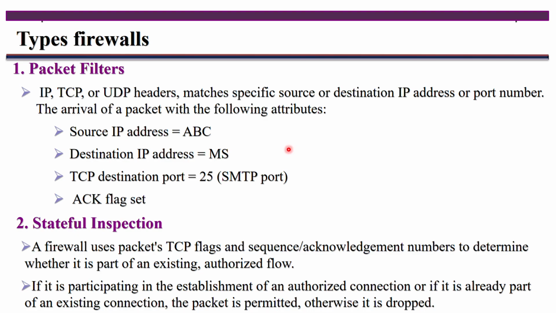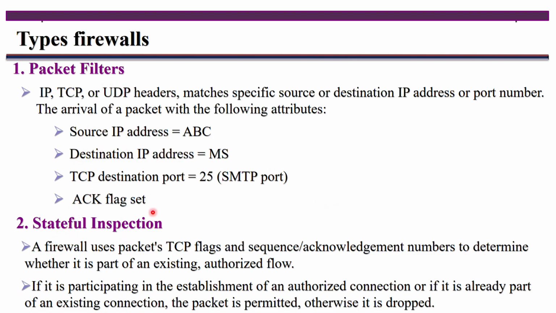But it does not bother about whether the untrusted or unsecured external network is authenticated or not. It does not bother about the connection establishment, whether an authorized connection exists or not. It does not bother. It simply checks the packets, and based on the packets it forwards. It takes that as yes, it can send to the secure network here. So now the next one is stateful inspection.